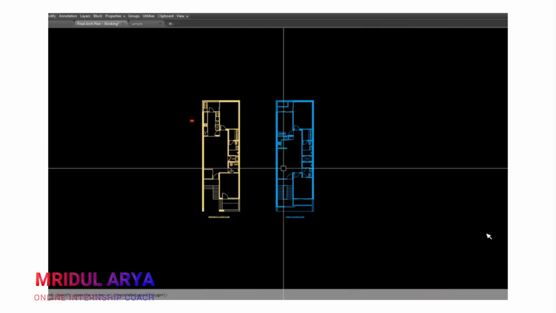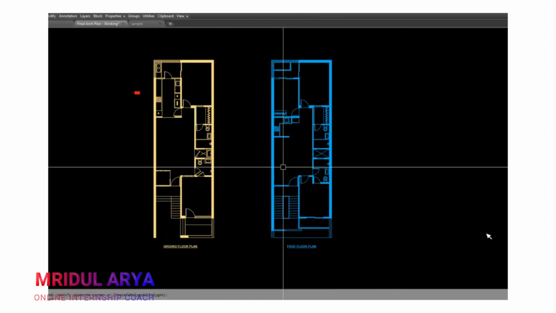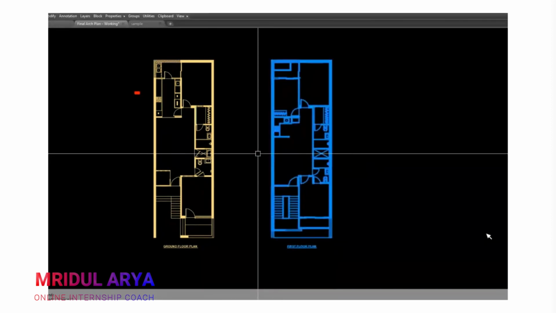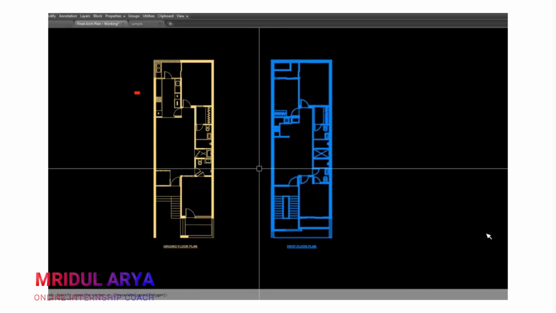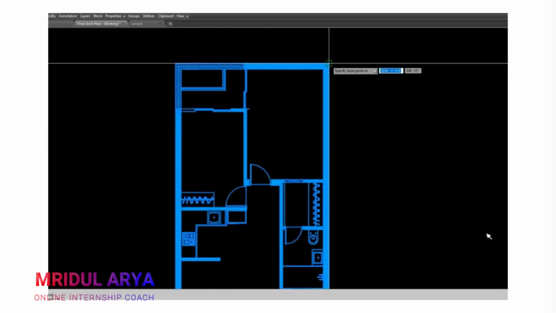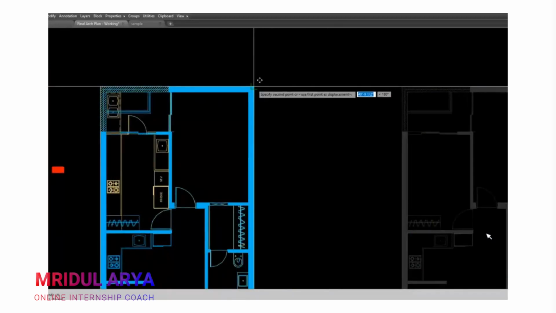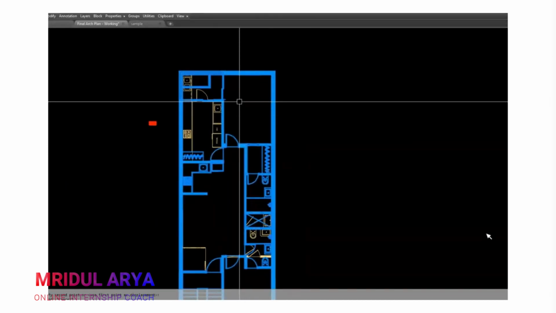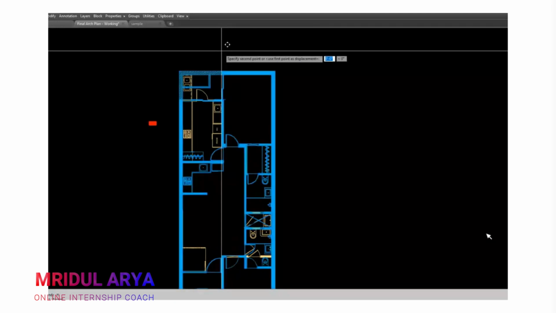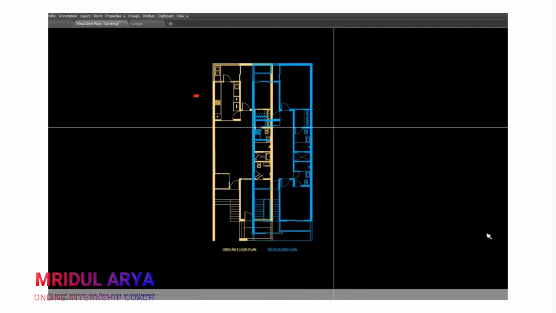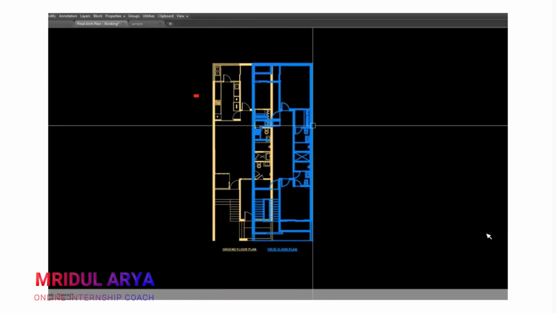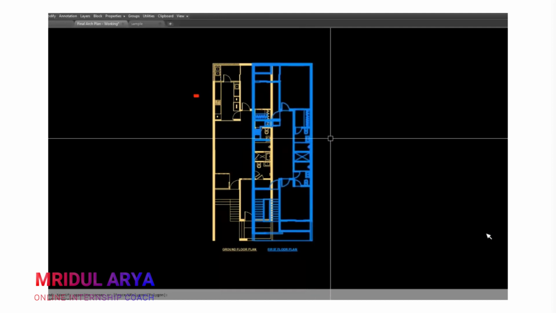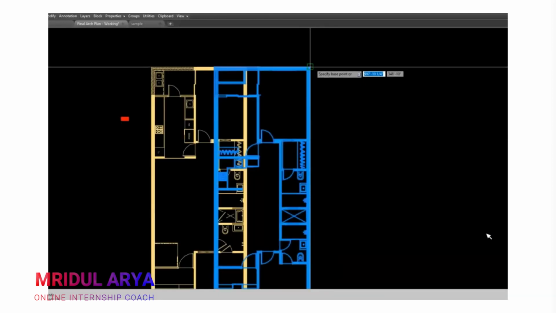Why I'm doing this is because when I overlap these and I want to select a specific plan, I can select the whole plan at once. Okay, like this. Now, if I want to shift one plan, I just need to select a block and just move it. I don't need to select each and every element. Right? Okay. That's the benefit of creating a block in this space.